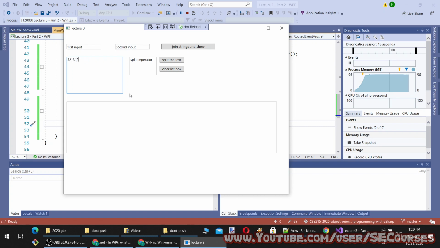Let's say this is the user ID of the student, username of the student, and let's say name of the lecture, and the score of the student, and such things. And then I am going to define the split character as this. Then I click the split text box. You see they are splitted with this character.